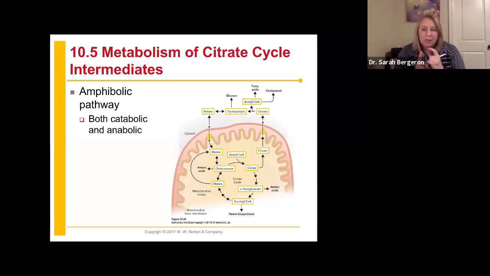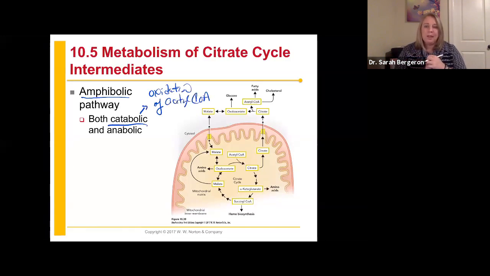So we call the citrate cycle an amphibolic pathway. An amphibolic pathway, remember amphipathic, right? Something that is positive polar on one side and non-polar on the other side. Two different things. And we call it amphibolic because it can be catabolic or it can be anabolic. We know already about the catabolic, right? So catabolic is our oxidation of our acetyl-CoA,